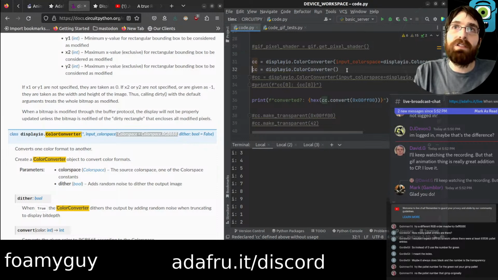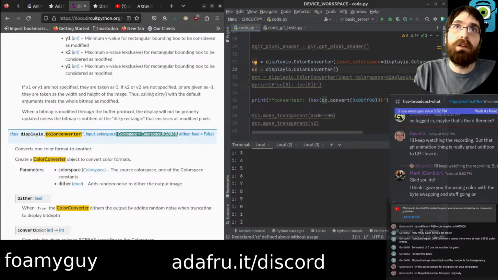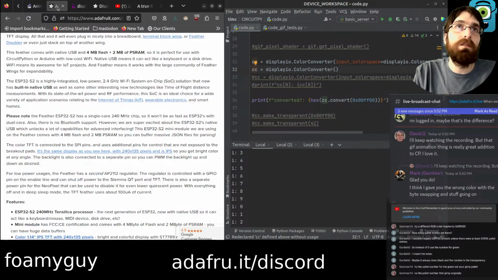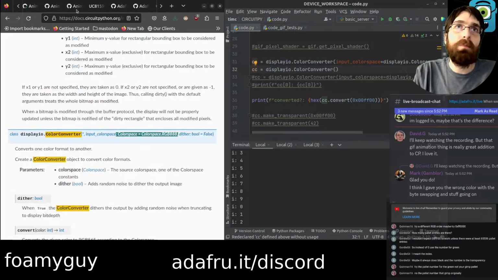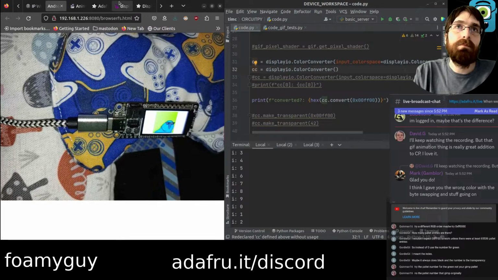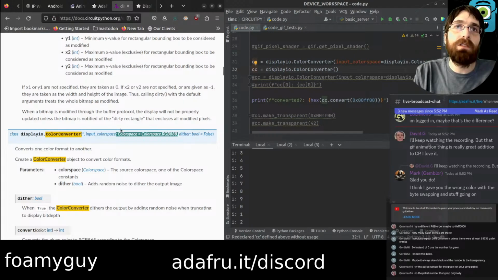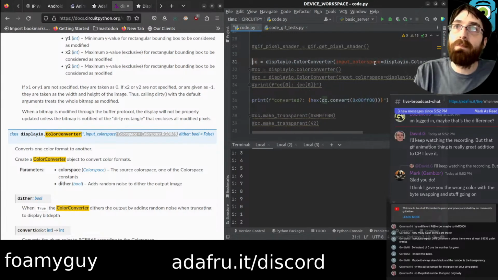So maybe that makes sense why reds are gone, is because now we have numbers that are too big, or something like that, right? Guess that kind of maybe makes sense. And so then if we used 565 swapped instead,